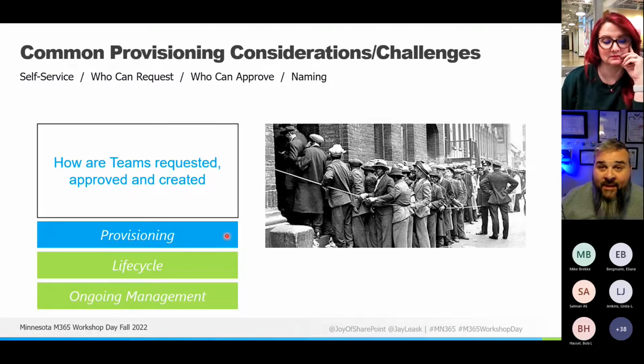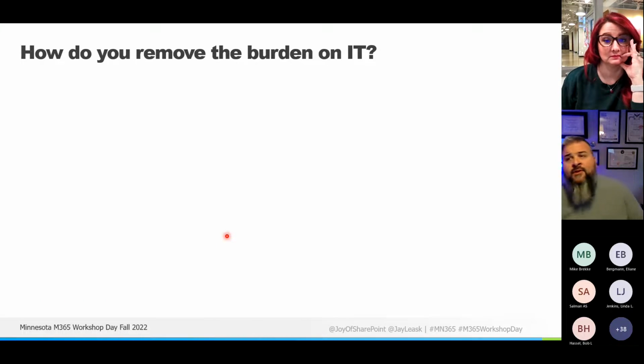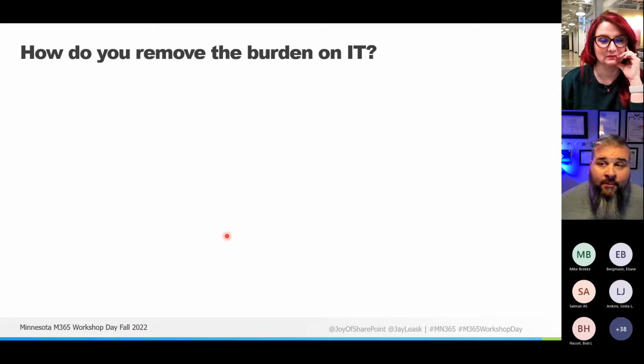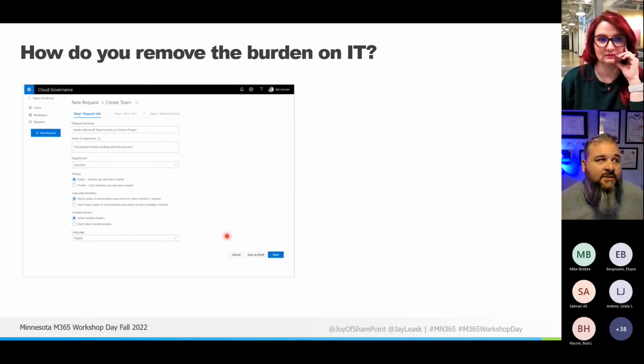But that's very manual. So whether you do it with a third-party tool or you do it with the Power Platform, what we do as an example is we have a survey that you go ahead and in your survey capture information about how is this going to be used, about what sensitive information might there be.